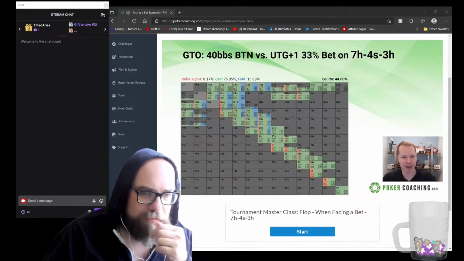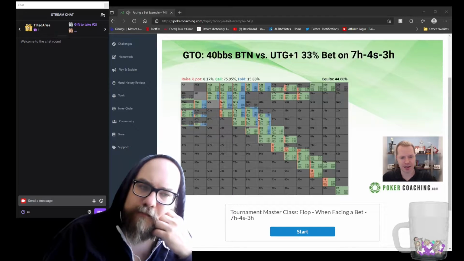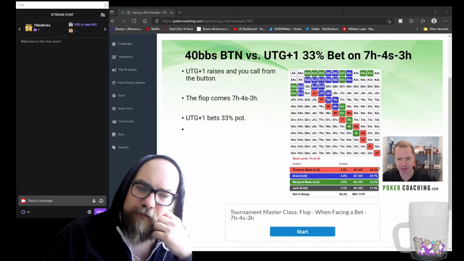Let's do a jack-10 backdoor draw. So it looks like it actually calls jack-10 backdoor draw, which is interesting. Solver raises almost none here. 8%. That's not very much. I was raising...